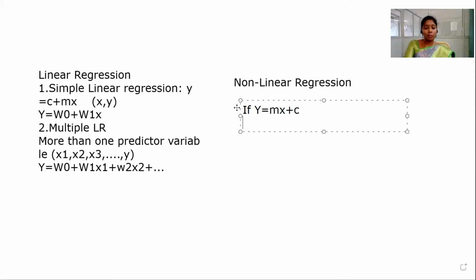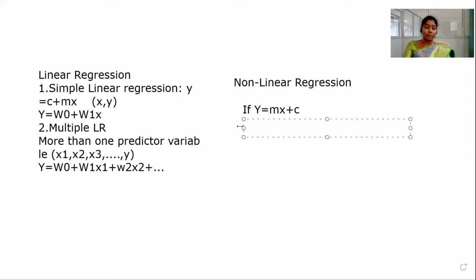If we can't get this particular model y is equal to mx plus c, or we can also call it y is equal to w naught plus wx, or y is equal to b plus wx, like we have seen in yesterday's class. The basic pattern is y is equal to slope times x plus coefficient. X indicates the predictor variable. So if we can model the data with this particular linear equation, we can tell that the data is linear and we can construct a linear model.